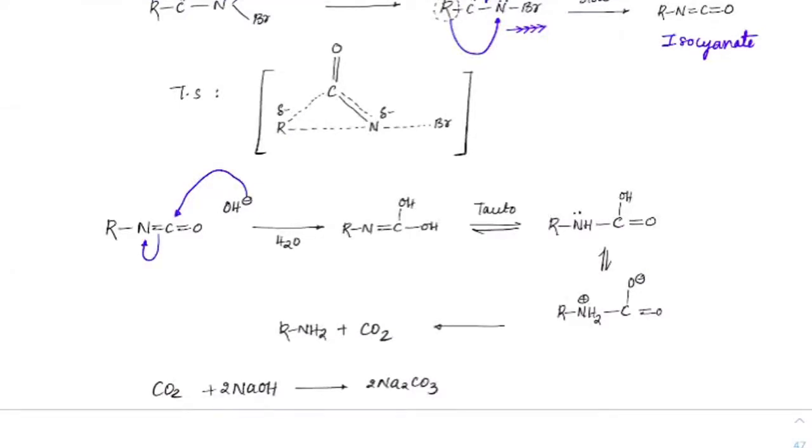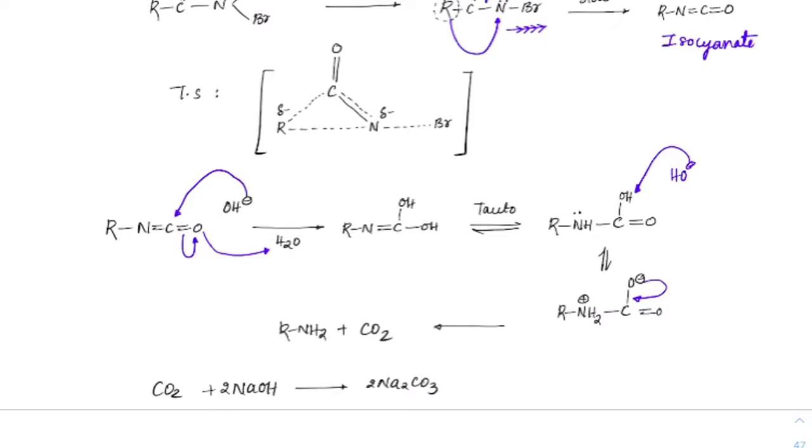Got it? Or I'll just write it in the next step. So first we'll have OH here. Got it? And as you get that, this will become O minus. That O minus will extract that proton and we will get this OH and OH. This can tautomerize to form RNH C double bond O OH. And again, OH minus can extract this proton. It will become O minus. And this O minus can give a double bond here.